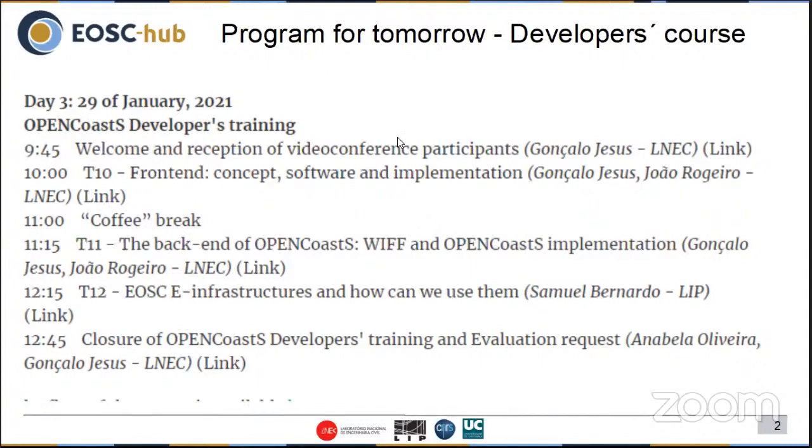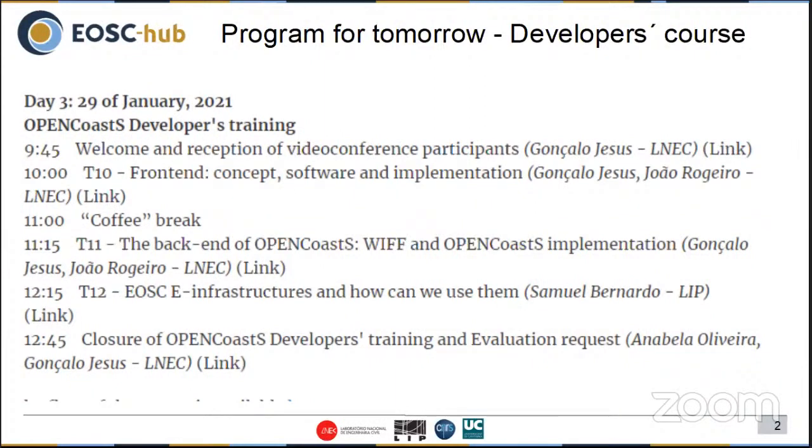We'll have a session just for developers, or mainly for developers, not on the modeler side like today. We will discuss a bit how the front end side of OpenCoasts was developed in the first session.